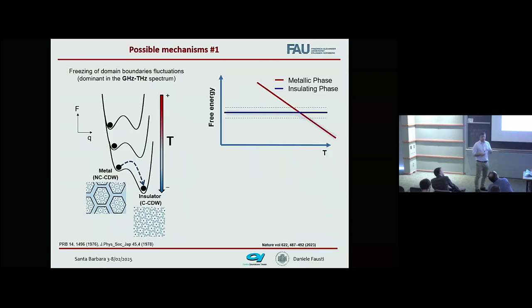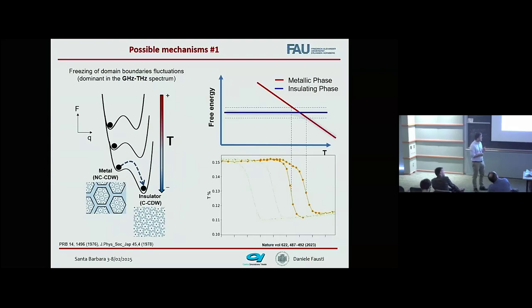You can think about the cavity as an object which dresses one of the two phases and not the other, and therefore it changes the free energy of one of the two phases with respect to the other. If I can change the free energy by a significant amount, I would observe a shift in the observed phase transition in the system.